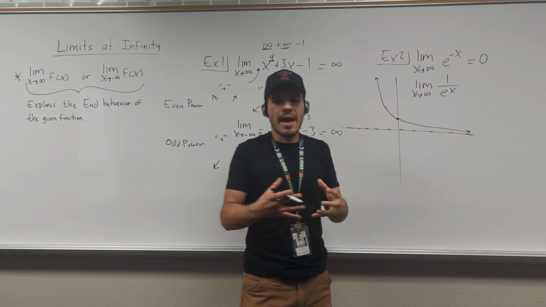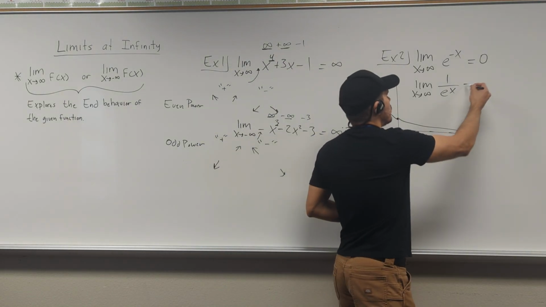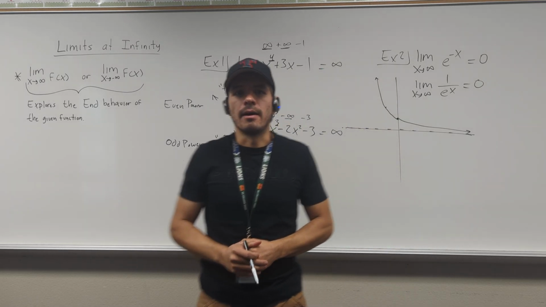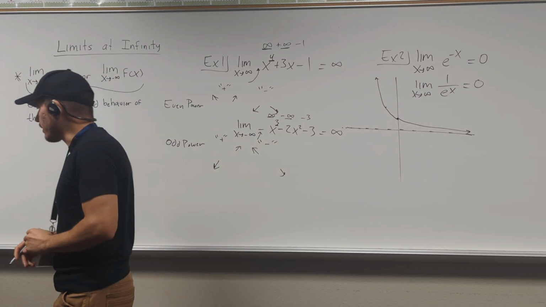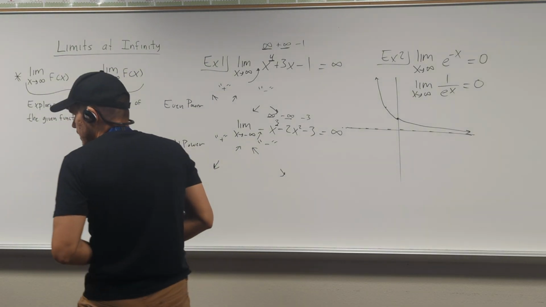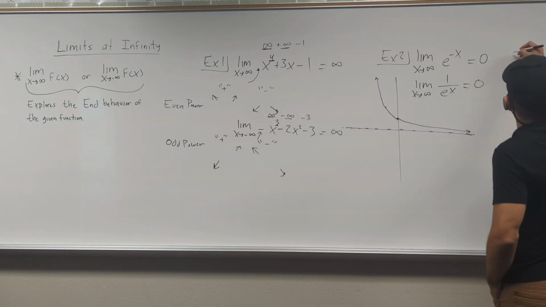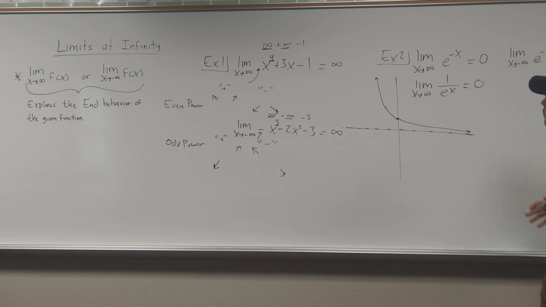The larger in magnitude the number in the denominator, the closer and closer you arrive at 0. So that will be another way you can utilize some kind of number analysis. Okay. Now, if, for example, I had the same problem, but let's say we were going to negative infinity instead. So if I had the limit as x approaches negative infinity of e to the negative x, well, with the